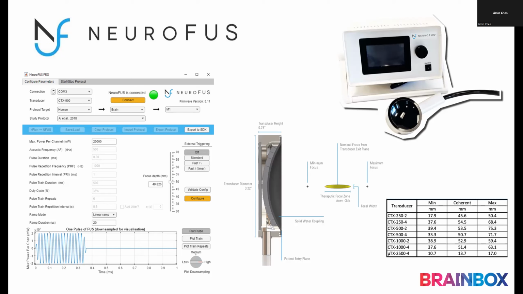It launched only about 2.5 years ago, and in that time, we've been able to again develop it into a robust and very flexible system, and it is continuing to evolve as we progress, and labs are starting to use the system more frequently now. Its main unique feature is the ability to steer the focus range